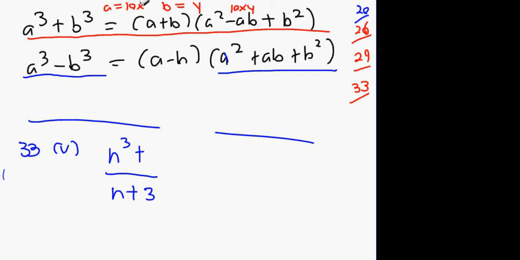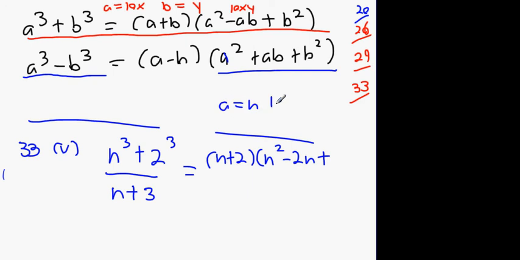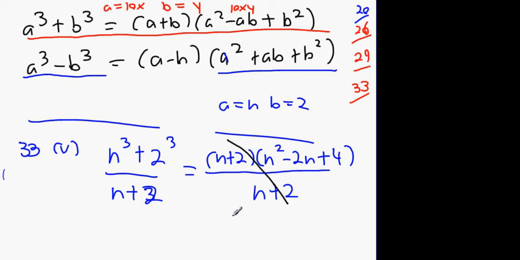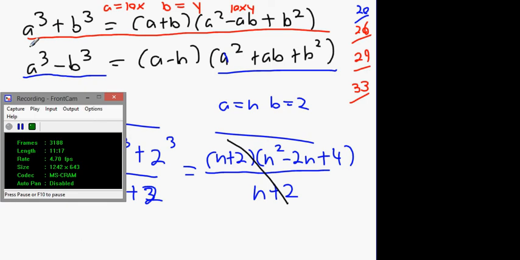Change the 8 to 2 cubed. You use formula number 1, yeah? Do you see it? Oh, formula 1, yeah? And then it's going to be n plus 2 brackets n squared minus 2n plus 4, because a is n and b is 2, all over 4, and so that's an n plus 2 on the bottom. And then what cancels out? The n plus 2's, okay? And that's what you're left with. Alright guys, so for